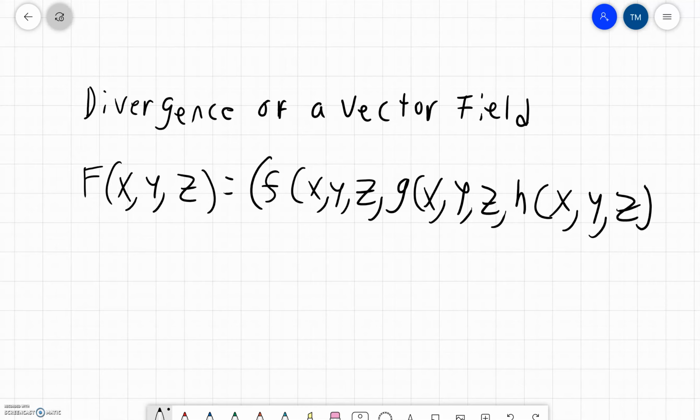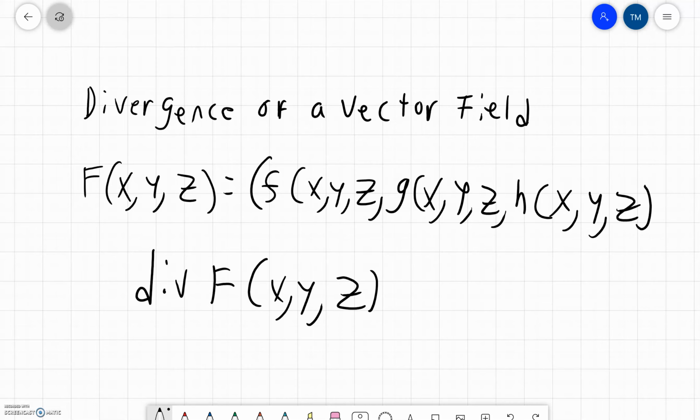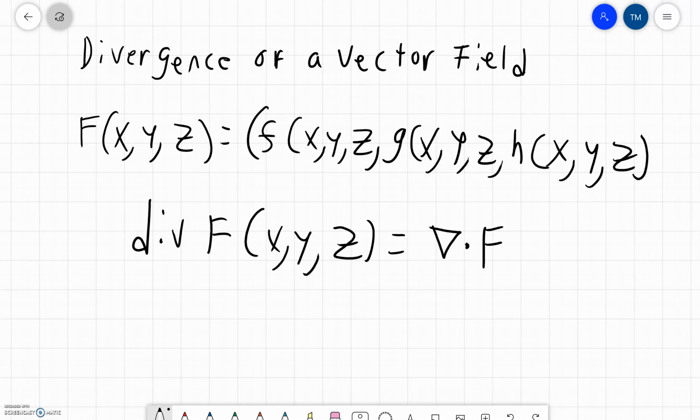And we say that the divergence of f is the gradient times the vector f. And so what we get